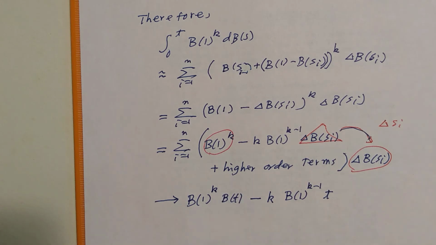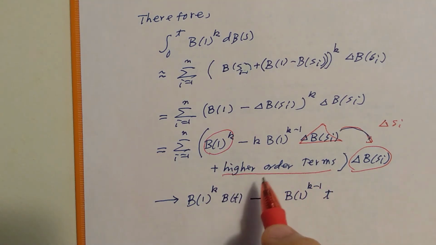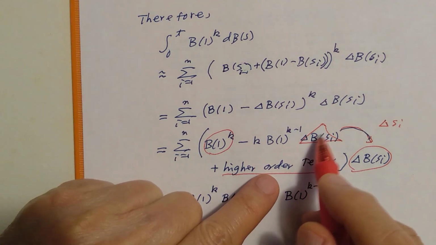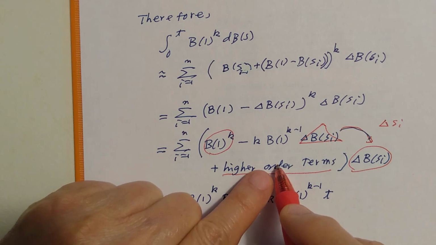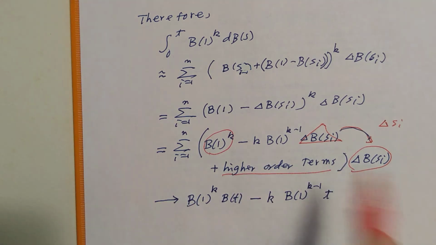And now for the higher order terms, the higher order terms are all 0, because after this term, the next one is the Brownian motion increment squared, and the square times this becomes the limit 0, and so forth. And so this is the limit, and therefore